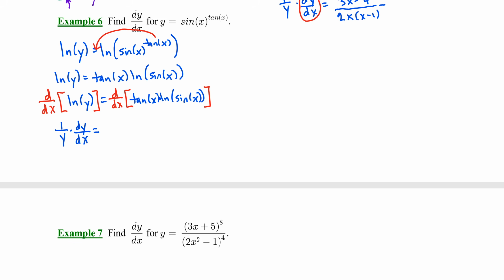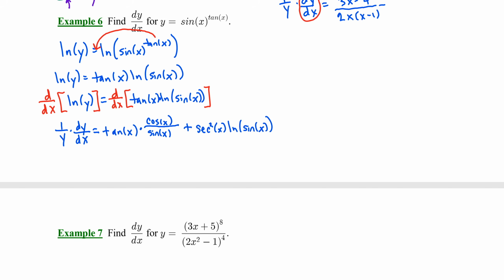So my product rule is what I begin with. We'll take our first function, tangent of x, times the derivative of the second function. Now the second function is the composition. It's a natural log. So we're going to take the argument of the natural log in the denominator and the derivative of that argument in the numerator, plus the derivative of the first function. Remember, the derivative of tangent of x is secant squared of x, times the second function,